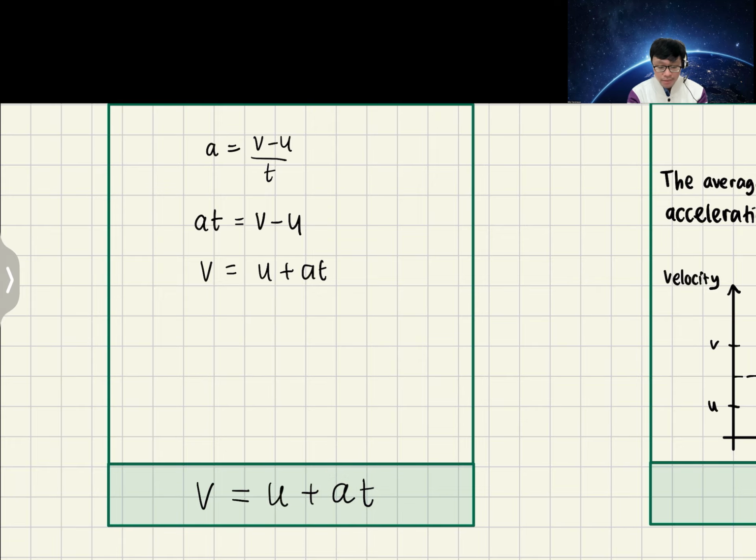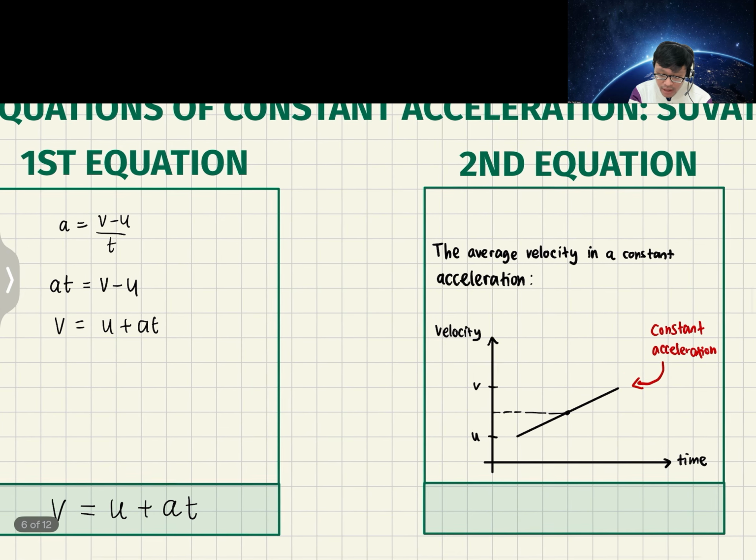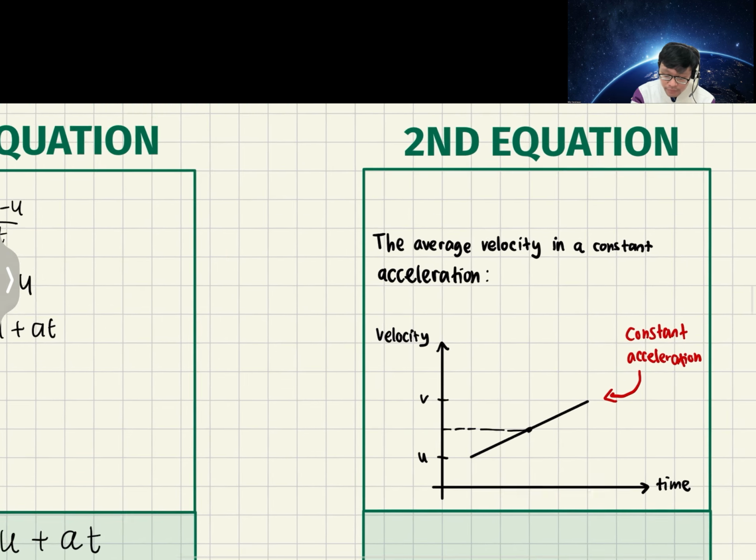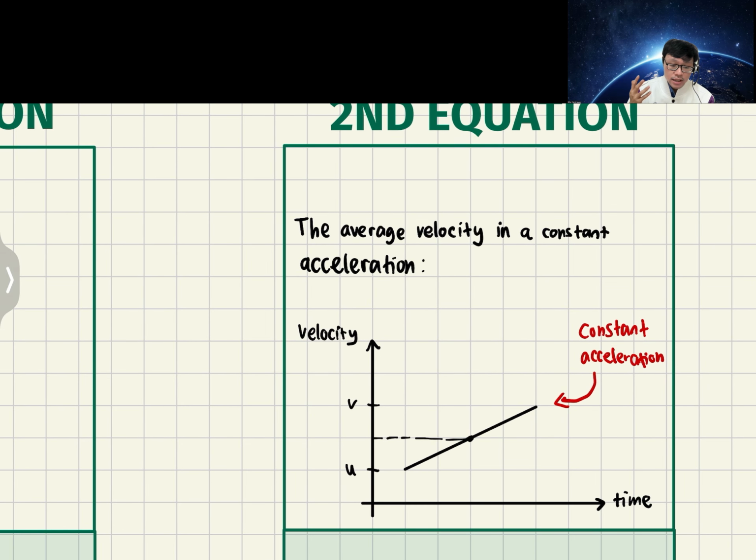It makes sense, like final velocity is just initial velocity plus the increase or the decrease, the rate of increase times time. The second equation involves finding the displacement, because we know that the first equation does not have s, so we need the second equation to find our s. And how do we find our s? Back to the basics, to find s, distance is equals to velocity times time. But the problem here is we have acceleration. We have the constant acceleration, which means the velocity is changing. So that means instead of using v, we use average velocity or v bar.